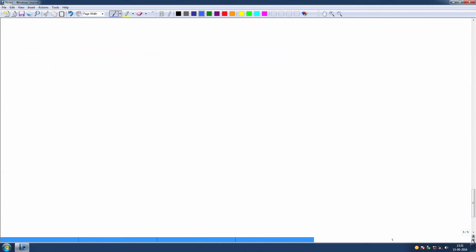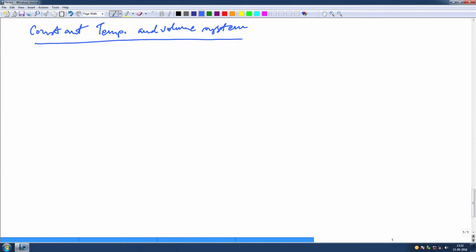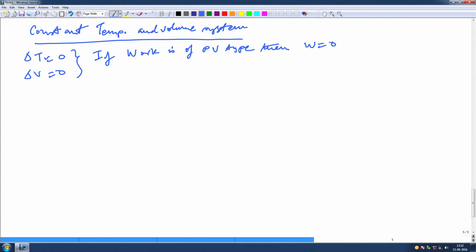Okay. So, let us look at the stability criteria for a constant temperature and volume system. In that particular kind of system, delta T is equal to 0 because it is a constant temperature. The volume is also constant, so delta V is equal to 0. If the work is of PV type, that is mechanical work, then W is also equal to 0, correct, because there is no change in volume. Okay. So, therefore, your change of internal energy